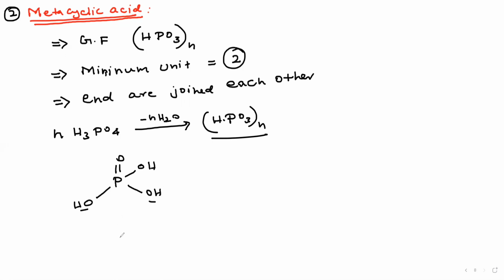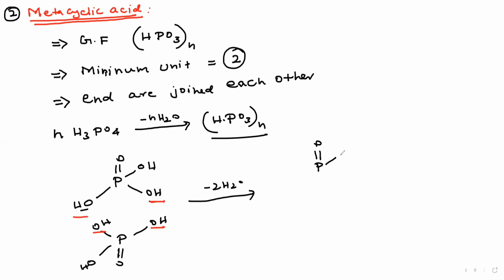Understand? Same, take another phosphorus: P double bond O, here OH. This OH and this OH are ends. They undergo what? Removal of water molecule. They remove the water molecule, forming 2H2O, and they form the cyclic metaphosphoric acid. And the P double bond O, here OH, then oxygen and oxygen, right? Then here phosphorus and P double bond O, OH. How many units? Listen, 1, 2, 3, right? See, very important. Okay, please know.